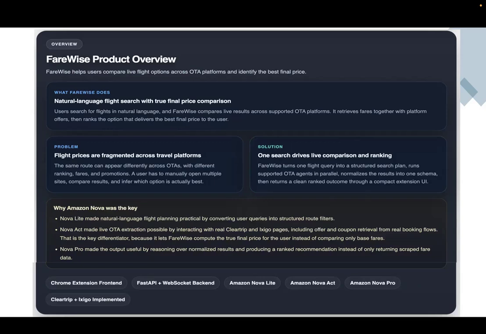Let me explain the problem statement. Let's say, for example, if I want to fly from Chennai to Bangalore in India, I need to go to multiple websites, search for the best price, and then book. Websites like Skyscanner just list their normal prices. But there are websites in India, ClearTrip or Ixigo, where for each route,